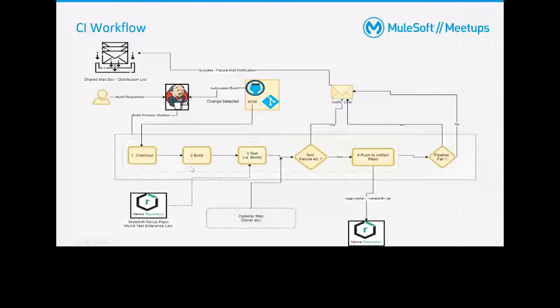After that, you have a few MUnits which need to be run. If coverage is low, you will simply fail the build. For example, if you say you need 100% coverage and it is 70%, it will fail and notify the user via the email setup, and it can also send an email to a shared mailbox or a distribution list saying your build is failing. But if things are okay, it will push a jar to the Nexus repo. If anything fails in any of these steps, it will trigger an email saying your build failed. So this is altogether the CI flow.